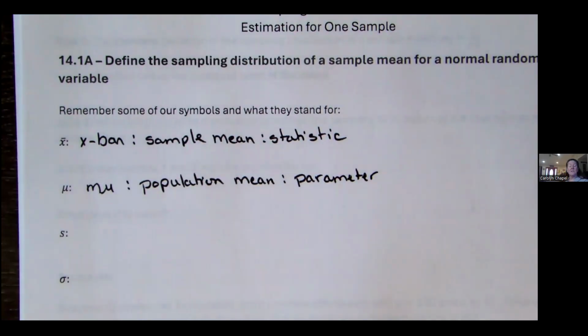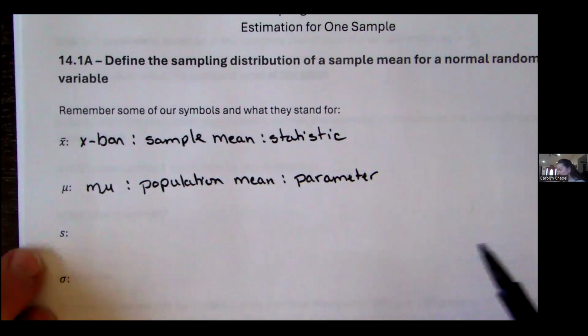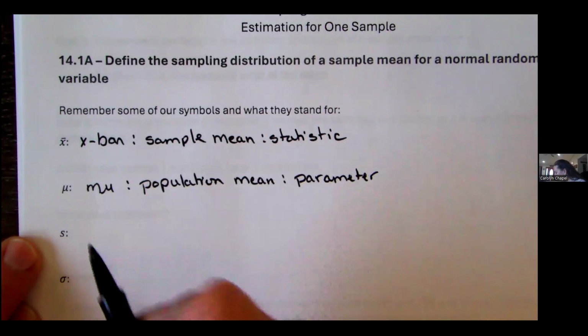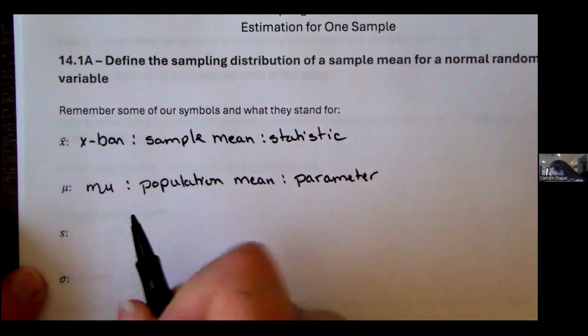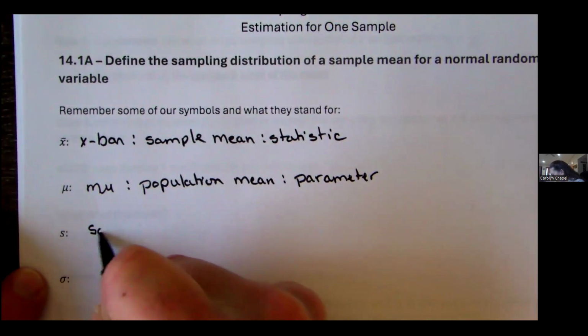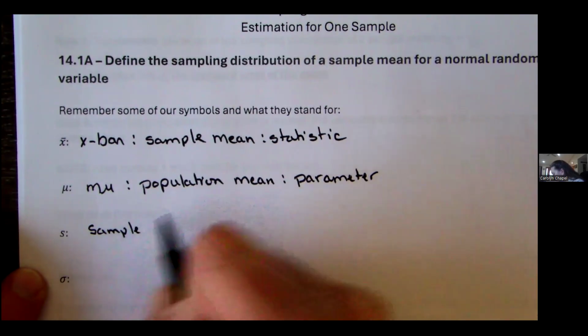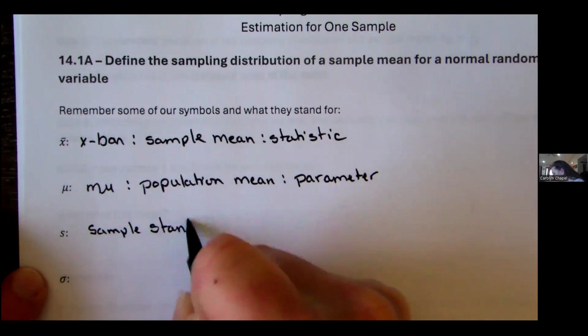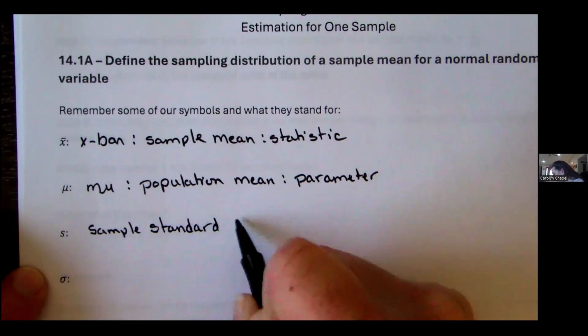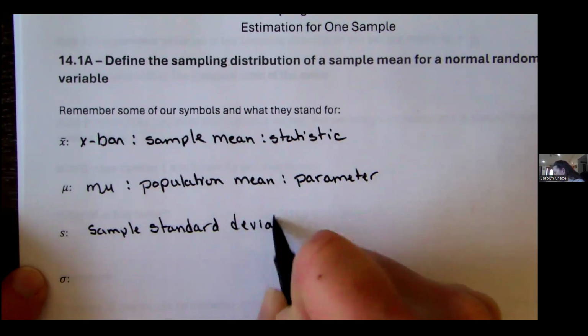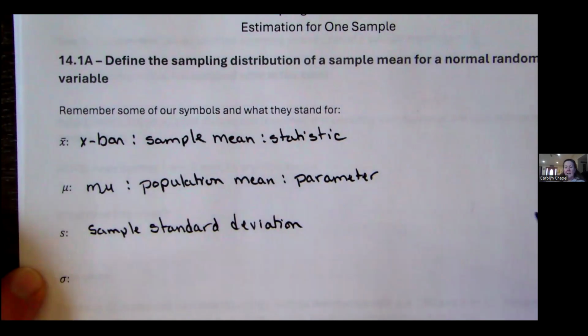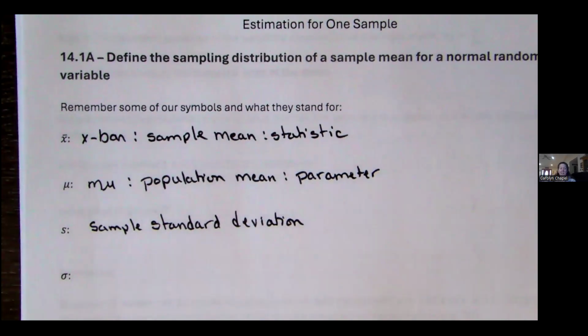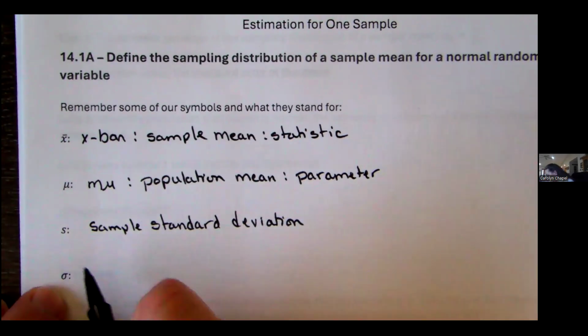Those ideas will become important in this unit and the next. S is just S, but it does stand for the sample standard deviation, which is a measure of how spread out our data is. The smaller the number, the more tightly compact our data is, and it will affect how some of our distribution curves look. This is sigma,